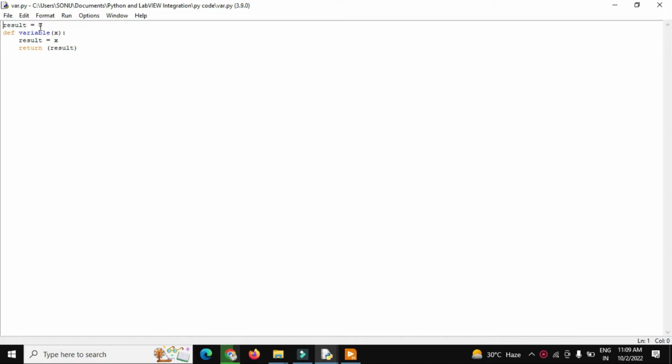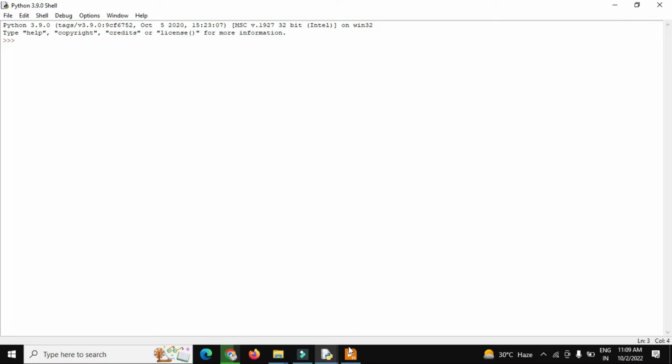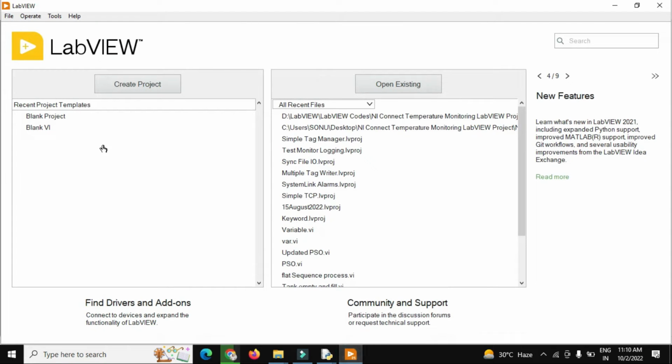As you see over here, this is my result is equal to 0. I just define a variable x which has a value, with indentation, result is equal to x, and return result. So this is my code, and now I just create a VI. I already created a VI